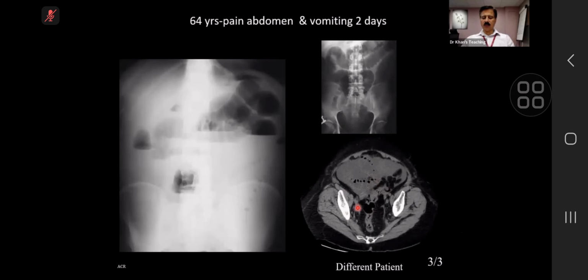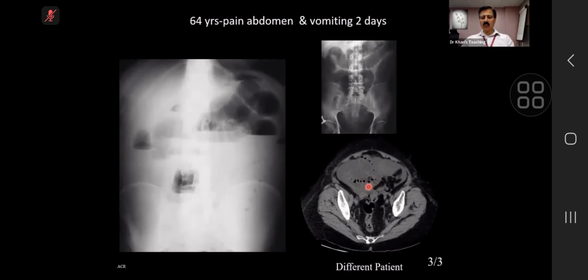This is not the same patient, but just to emphasize, there will be another film where I will teach you once again. String of beads or string of pearls sign is a sign of intestinal obstruction. Basically, when there is significant fluid filling of the obstructed bowel loop, there is a limited amount of gas